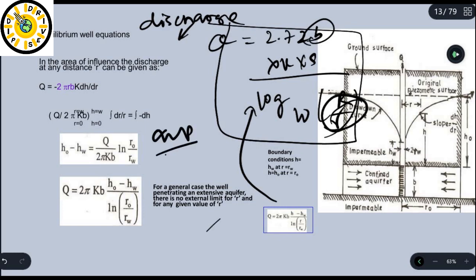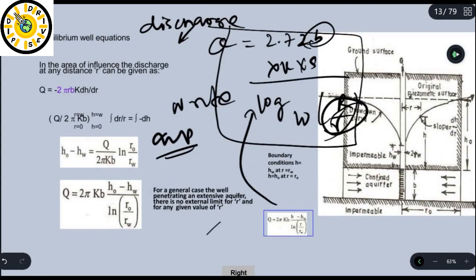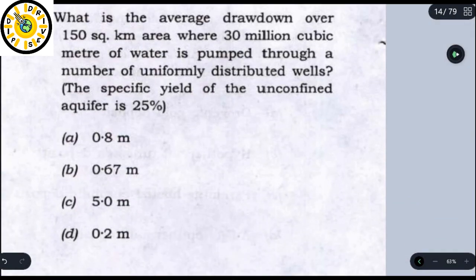You can write it down. Maybe in the near future, suppose the area of influence is given, or the radius of influence of the well is given, then what is the amount of water that is discharged? This can come in the near future. You can get such a question. Next, go to the